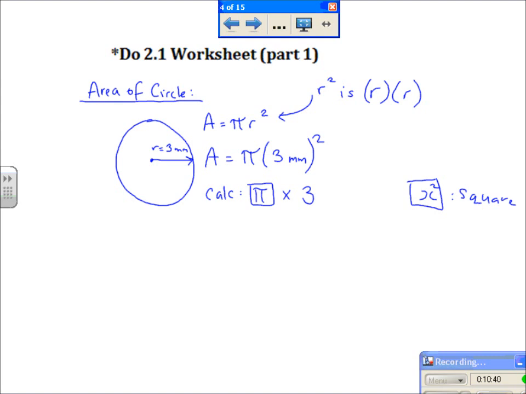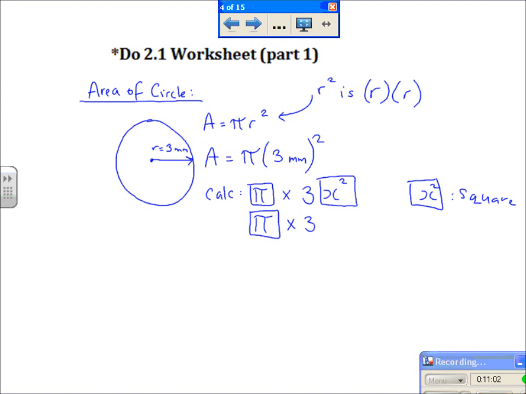Okay, so for example here I could say 3. And then if you have that button on your calculator, great, I'll press it. That will give me 3 times 3 is 9. So I should get pi times 9 and then an answer. The other button that you might have on your calculator, okay, so pi times 3, you might have a